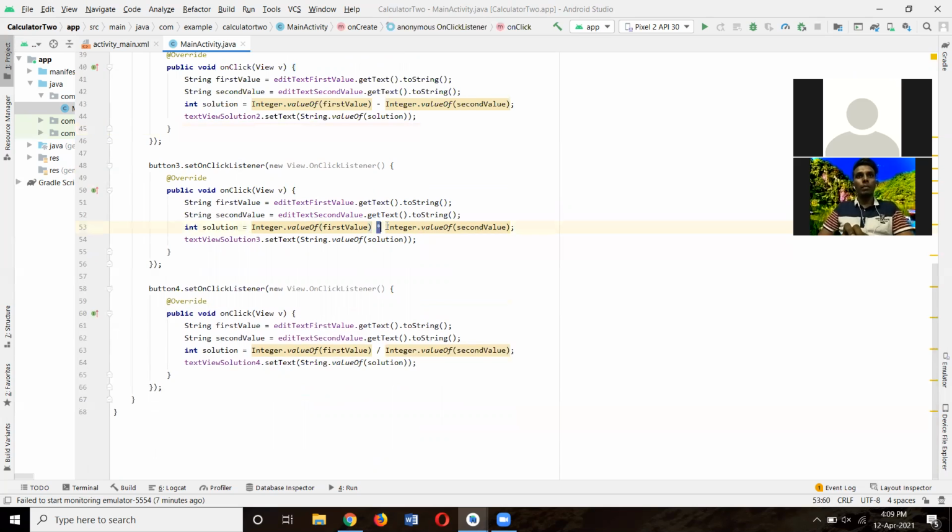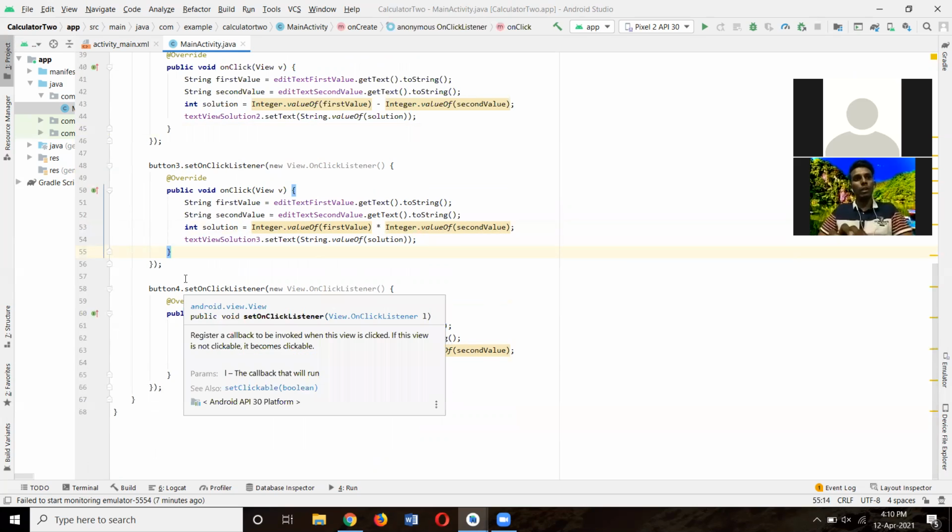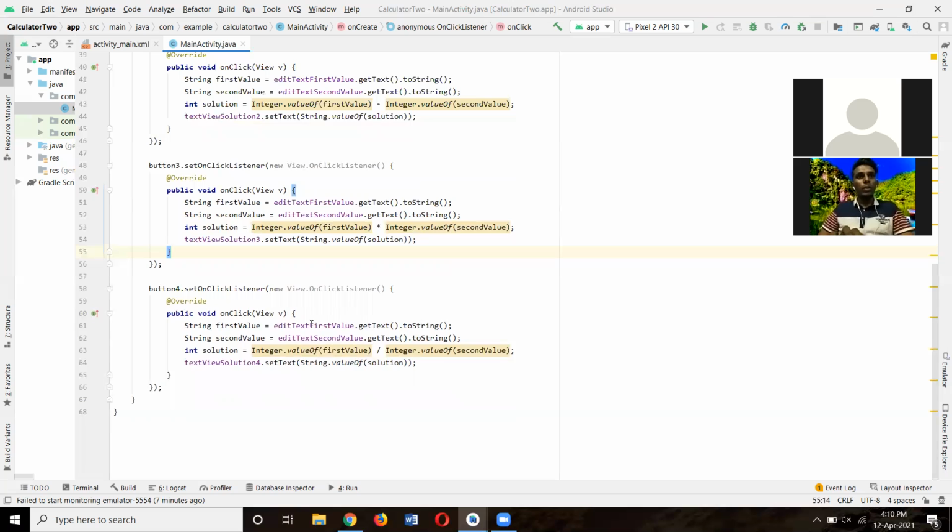I use the multiply operation here. This is the coding for divide. For the divide, I use this operation.